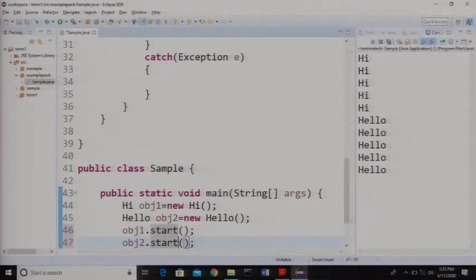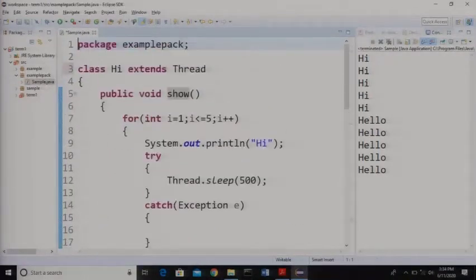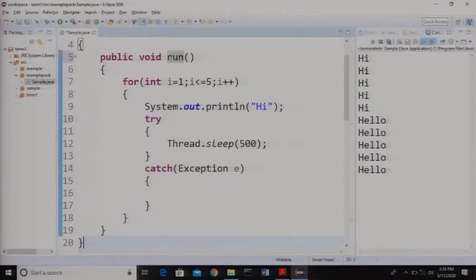As I mentioned earlier, whenever there is a start method call, it will in turn call the run method. That means inside the thread, we should have a run method. We are actually overriding this run method from the Thread class.